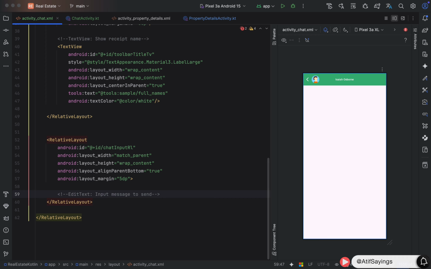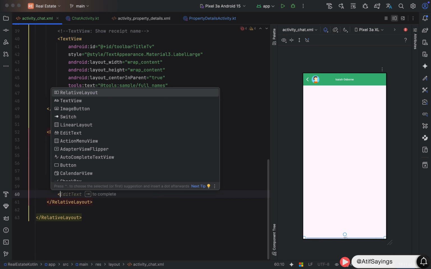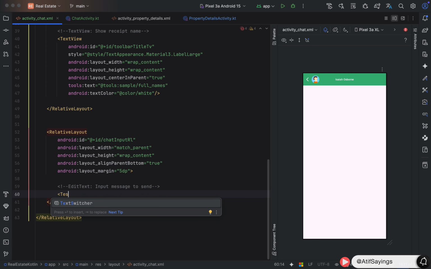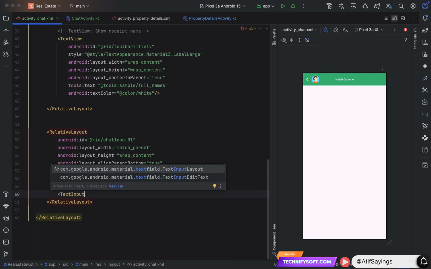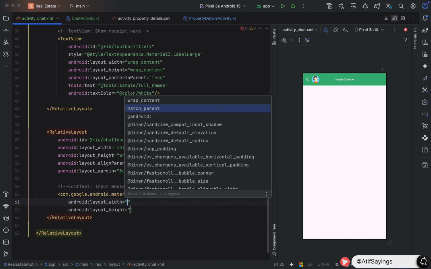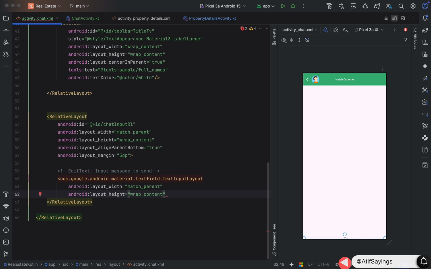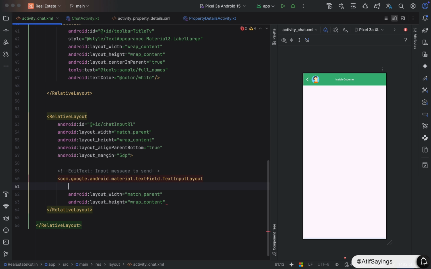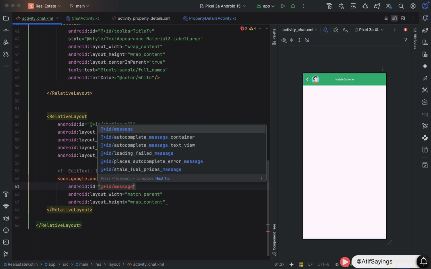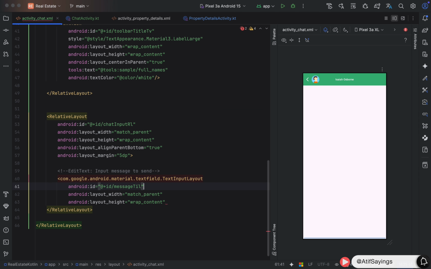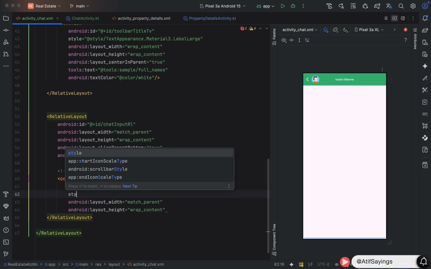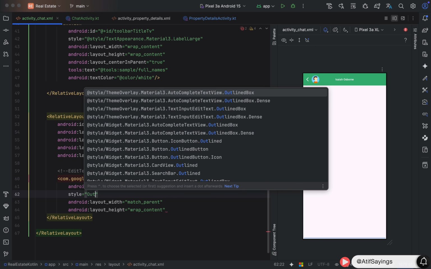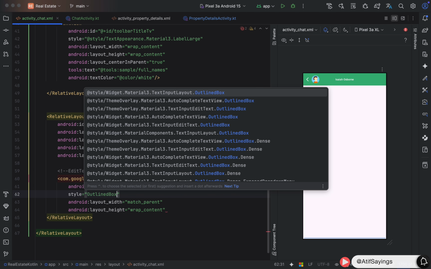Now inside that relative layout we will create a text input layout to input the message. Text input layout width will be match parent and the height of this text input layout will be wrap content. After setting the width and height, we need to set the ID, that will be message text input layout. In short, we will write TIL. After setting the ID, we will apply a style to this text input layout, that will be text input layout